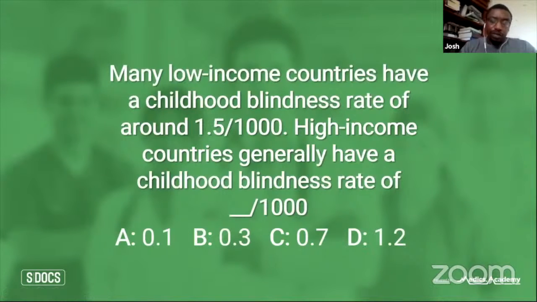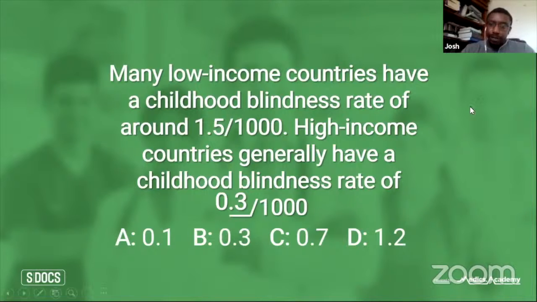Many low-income countries have a childhood blindness rate of around 1.5 per 1,000. High-income countries generally have a childhood blindness rate of blank per 1,000. 0.1, 0.3, 0.7, or 1.2. So the answer for this one is 0.3. High income countries generally have a childhood blindness rate of 0.3 per 1,000 people, a lot lower than low income